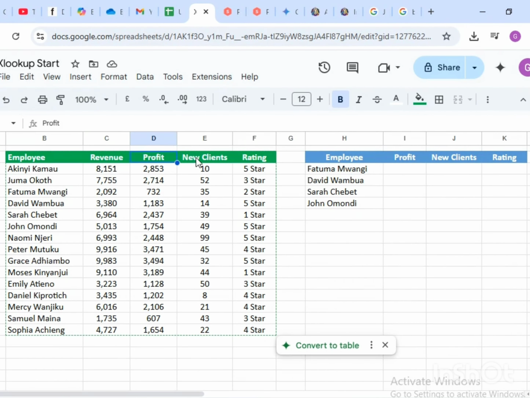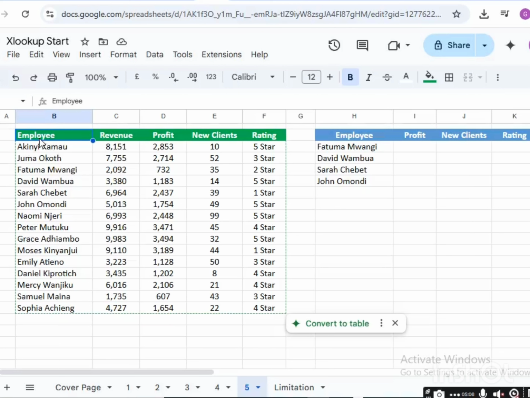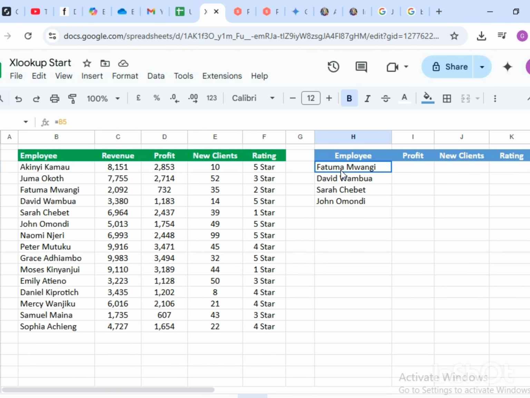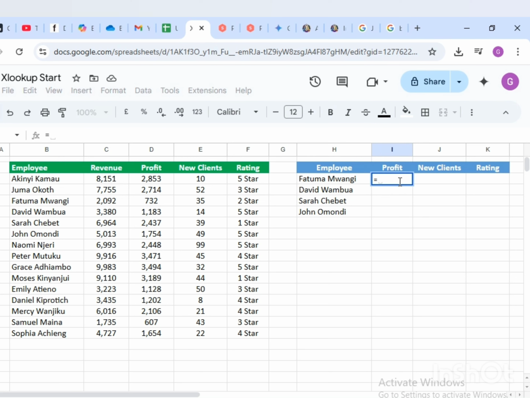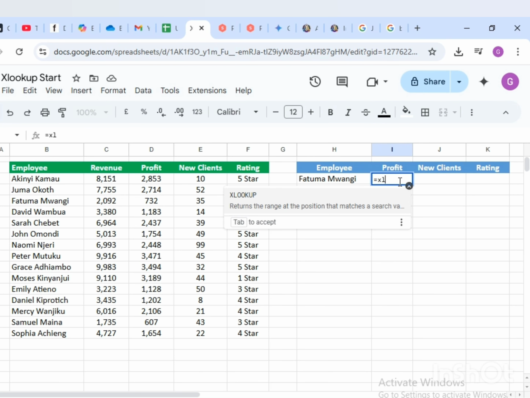And you can see here we are not looking for one answer like what we have been doing before, but we are looking for 3 different answers. We are looking for profit, new clients, and rating. And we are looking for the ratings of all of these employees, and it can be tedious to go one by one, so we want to look at how we can do this with one formula and auto-populate all the figures. Well, we can come here under the profit, put equal sign, and then XLOOKUP, hit the